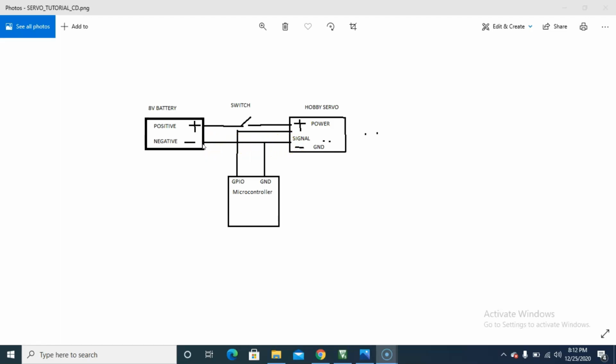So we can say it is a common connection. And the GPIO is driving the signal pin of the hobby servo, which is in between the positive and negative power connections.